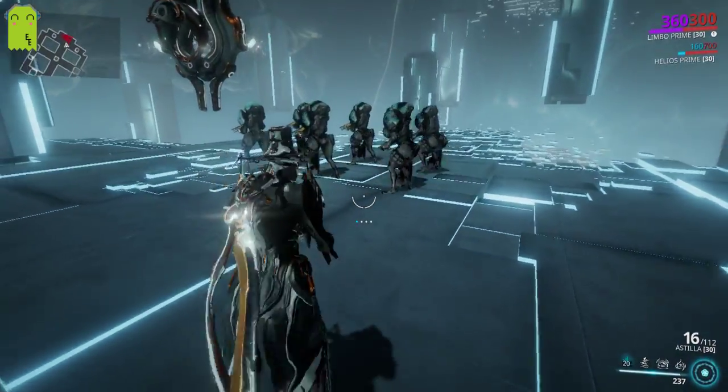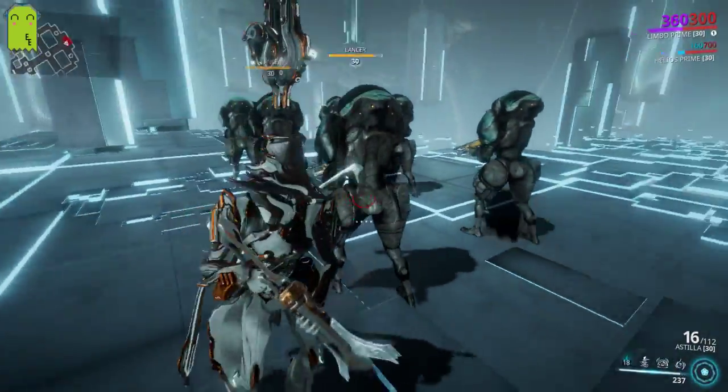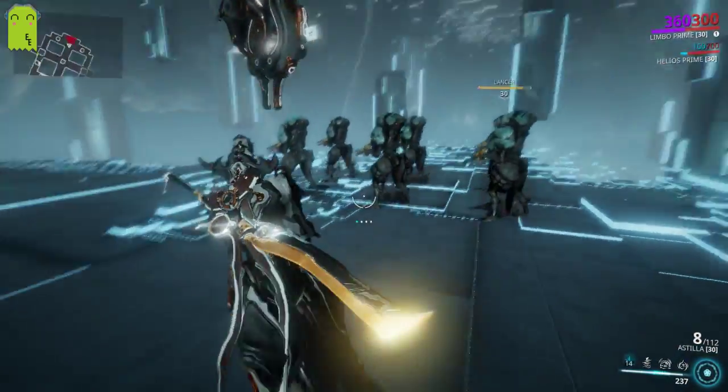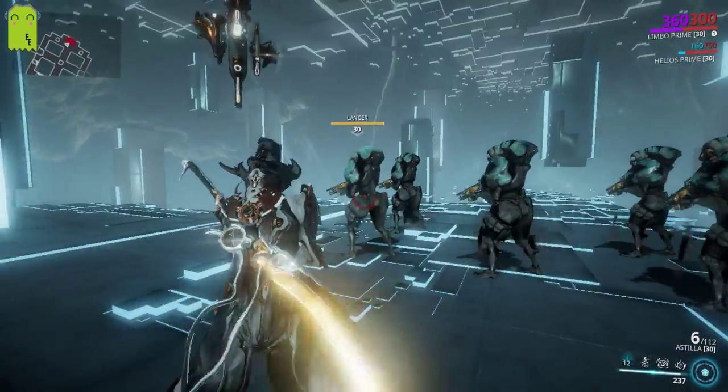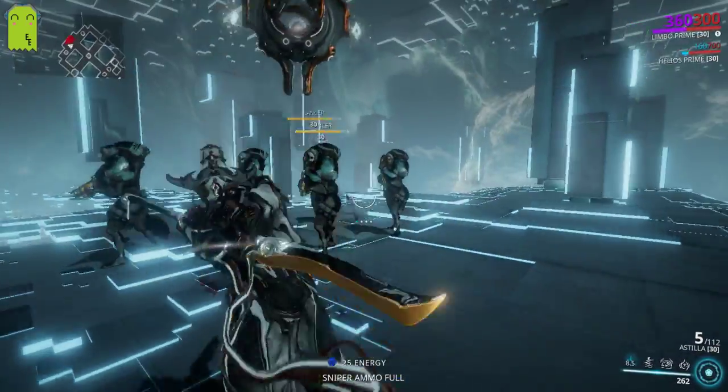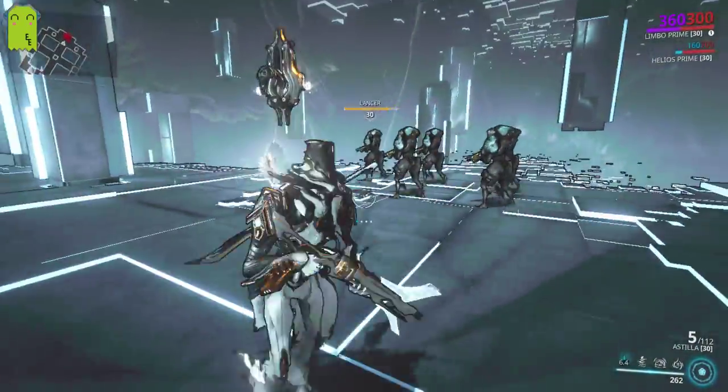Now, while allies have this effect, they are unaffected by weapons. Okay? Unaffected by weapons entirely. This guy is able to be affected, as you can see, just got annihilated. But all the rest of them can't be affected. But if I go into the rift,